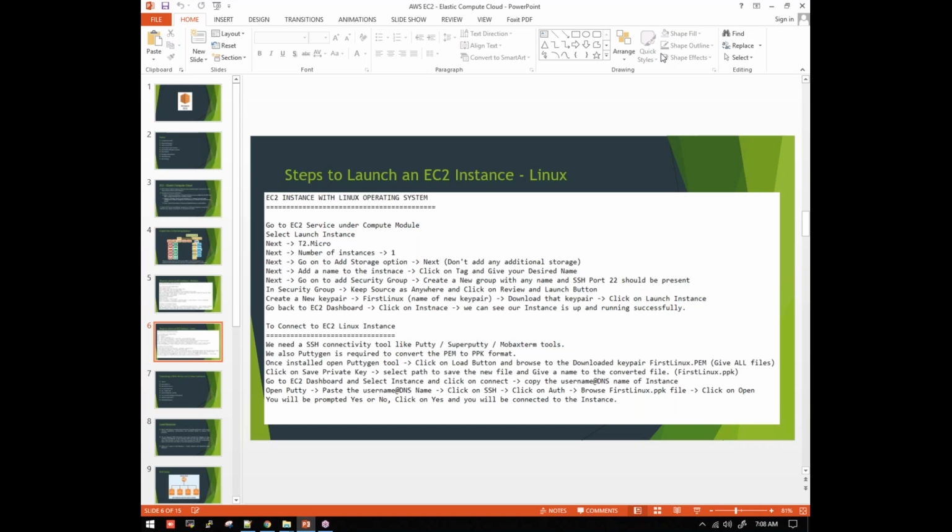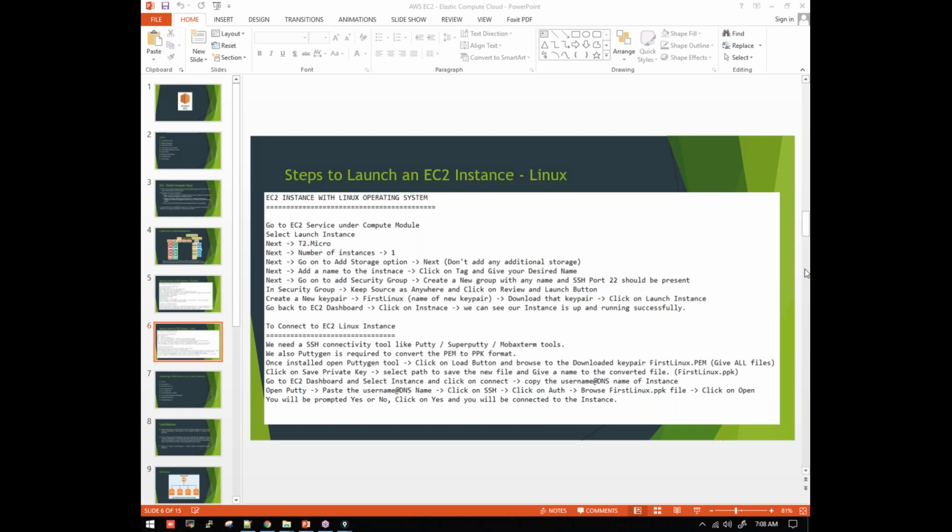If anyone has joined for the first time, please let me know in the chat box. Those who have joined the first time, this is our second class. Yesterday we completed our first class. We launched an instance, meaning a server, in AWS. For practicing Linux and the commands, we need servers, right?